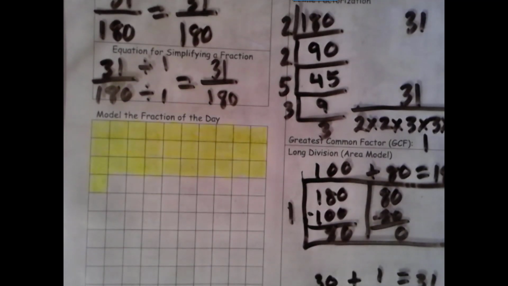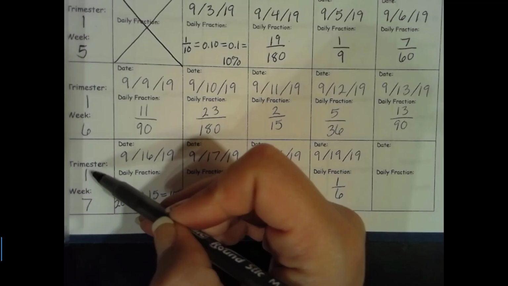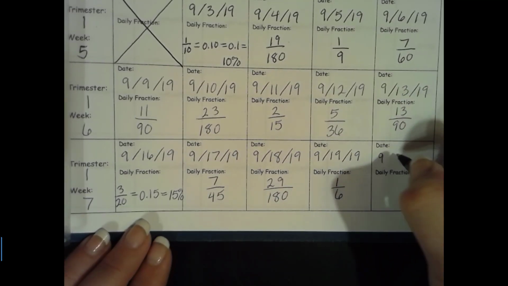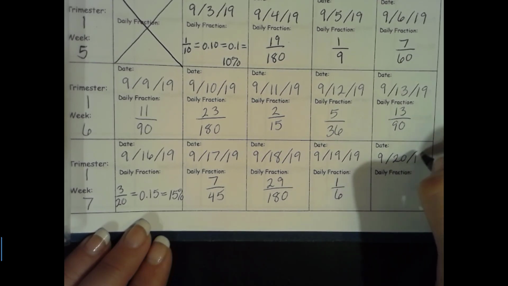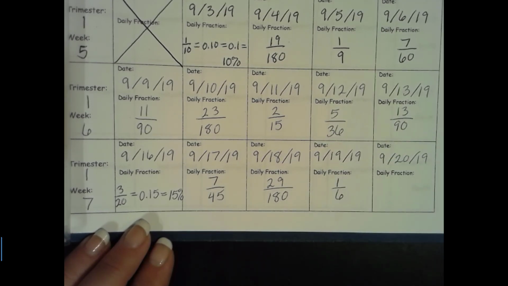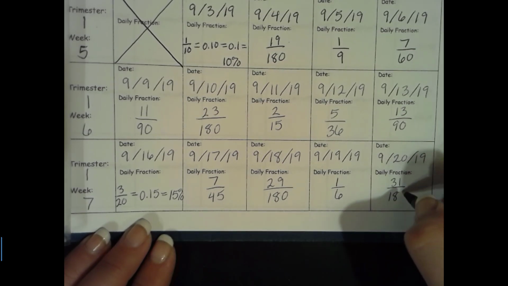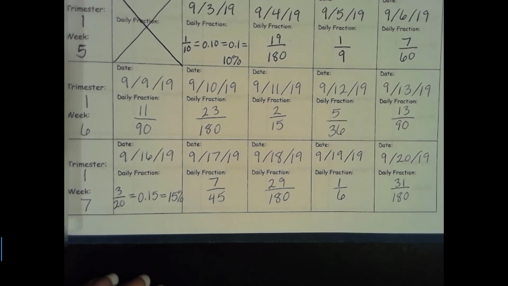Okay, let's go ahead and now fill in our data collection page. Trimester 1, week 7. Our date today is 9/20/19, and our fraction is 31 180ths. 31 is a prime number, and it is not a factor of 180, so our only common